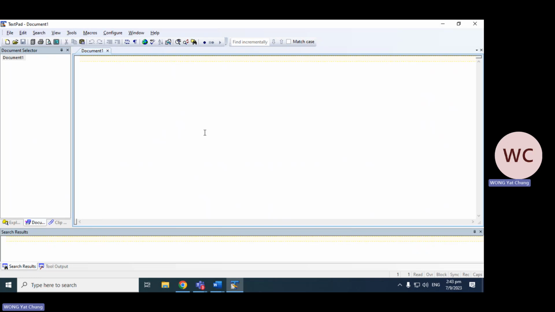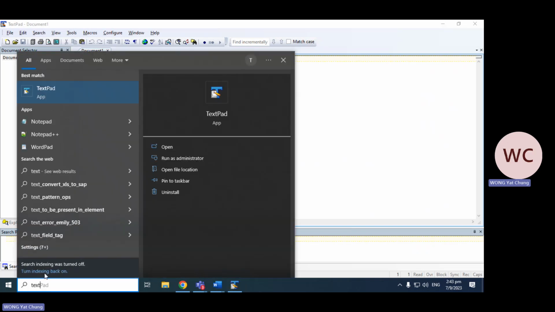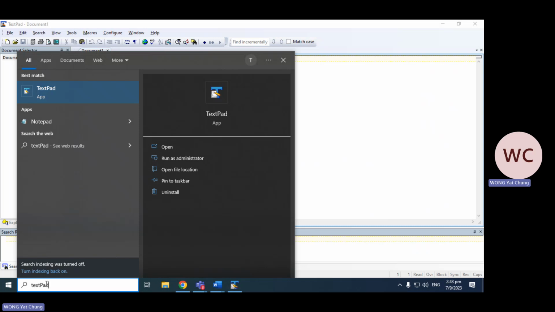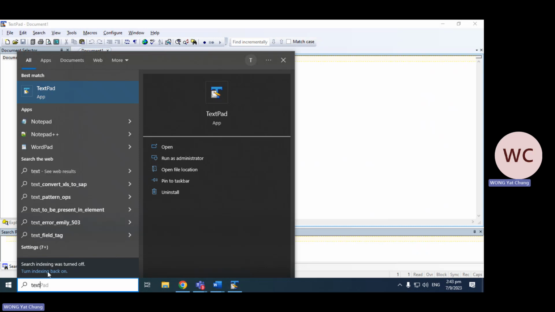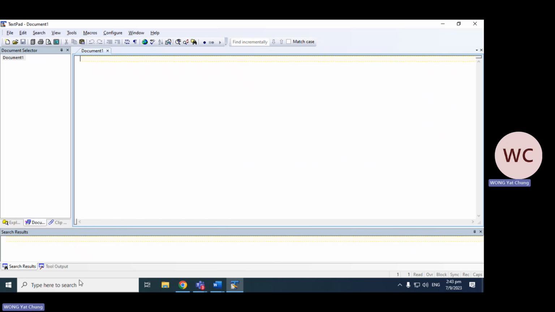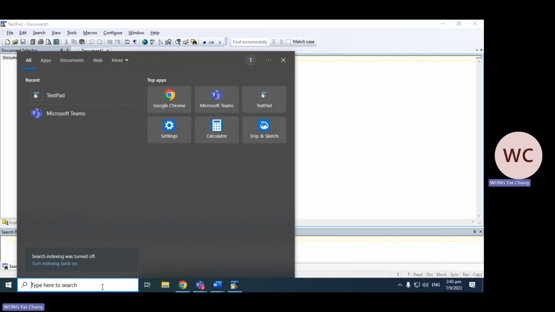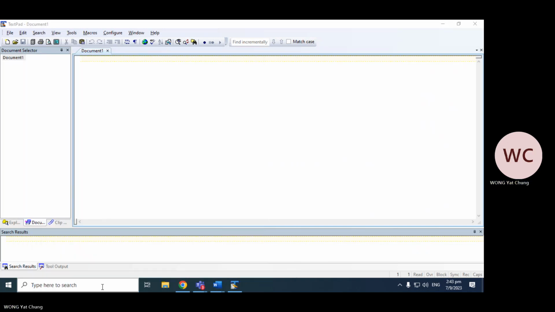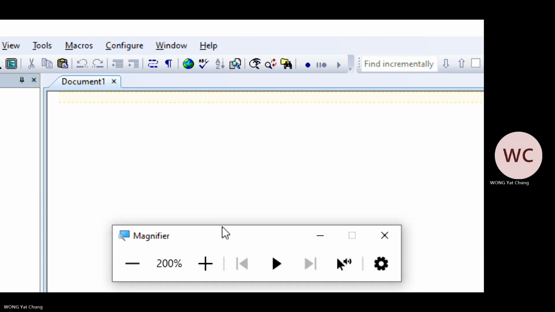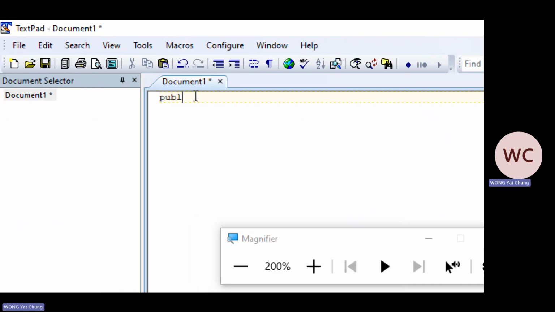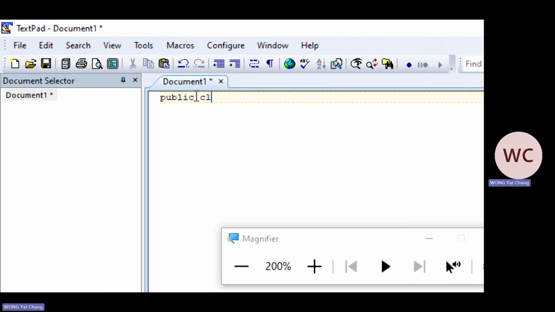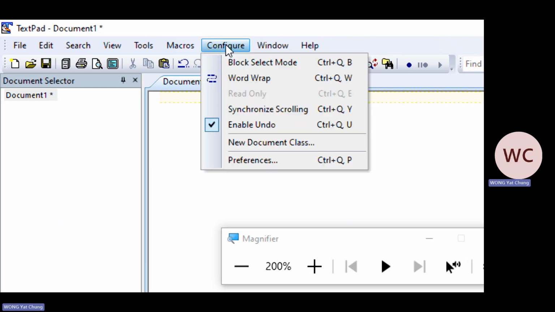So the first thing we need to do is to open a program called Textpad. We can search TEXT and you can find Textpad here. After that, we can type the following: public class. Sorry, we do some configuration first. We can click on Configure